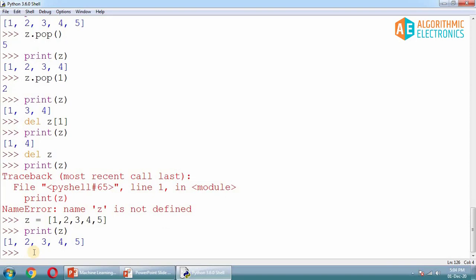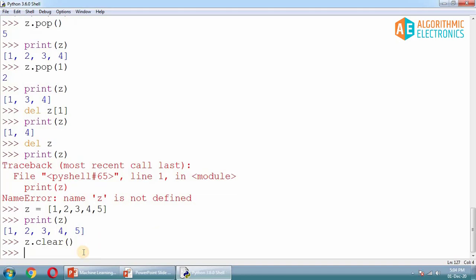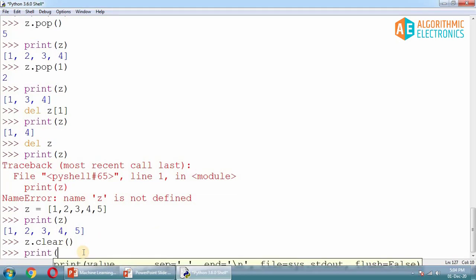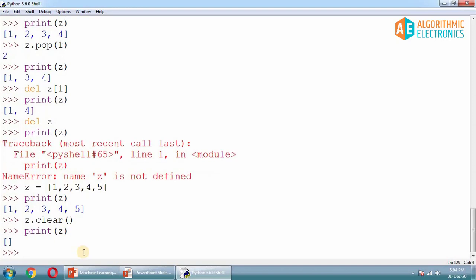Now if I call this method clear, z.clear, what will happen? If I print z, it has completely removed all the elements from the list, but the list is not deleted. In the earlier case the list was completely deleted, but in this case only the elements are deleted.